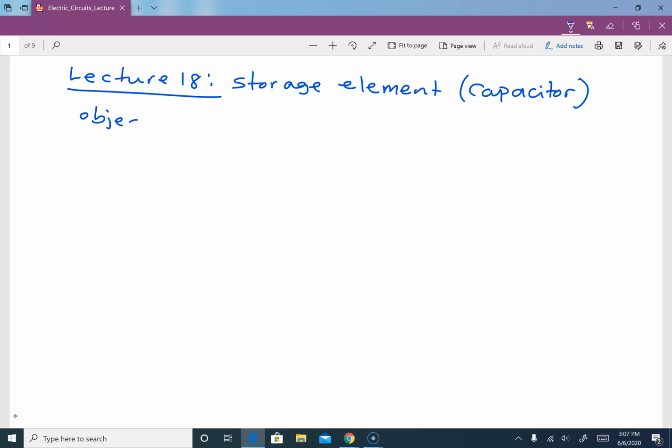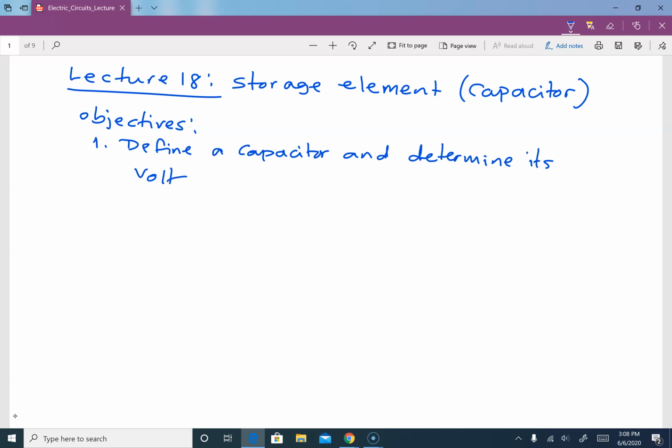So the objectives of this lecture: first, you need to know how to define a capacitor and determine its voltage, current, which is VI relationship,